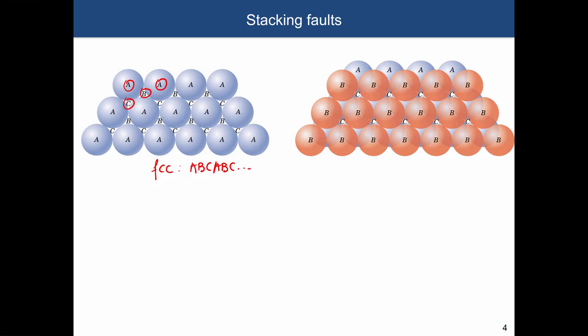What that means is that the first layer of the atoms will take the positions A. Then the second layer will take the position B. So the red circles here are the second layer of the atoms. They're taking the position B. And in the case of the FCC materials, the third layer then will take the position C. So the third layer here will be C. In contrast, hexagonal close-packed HCP crystals form the AB, AB,